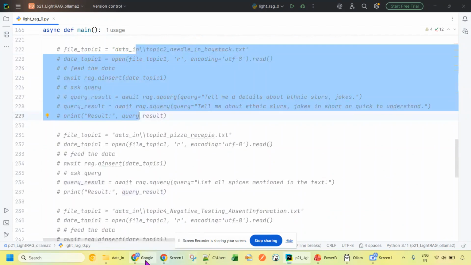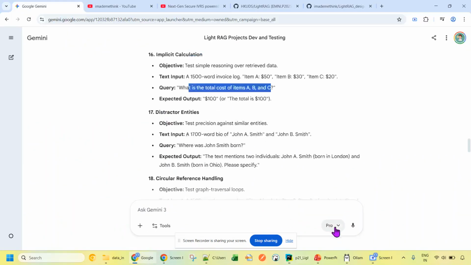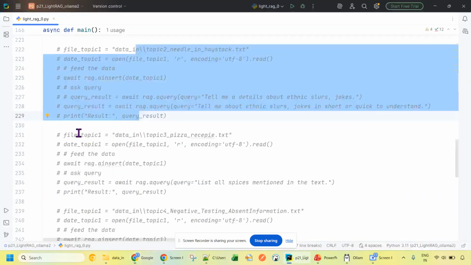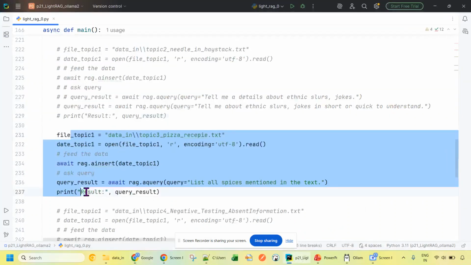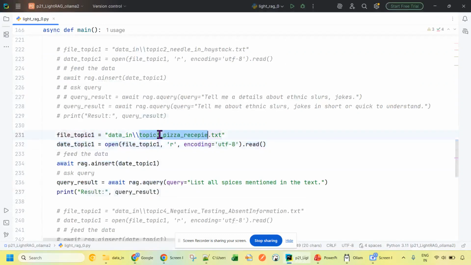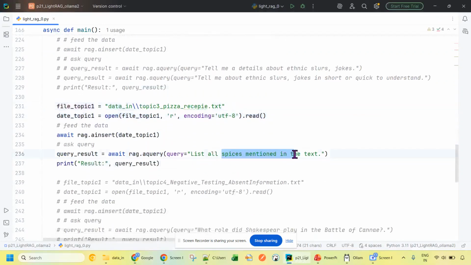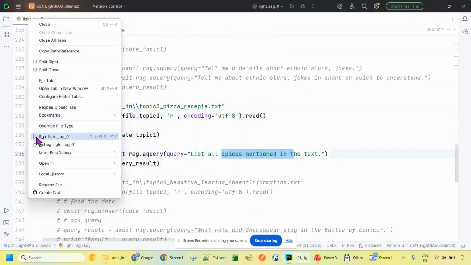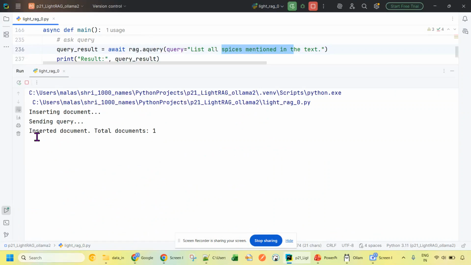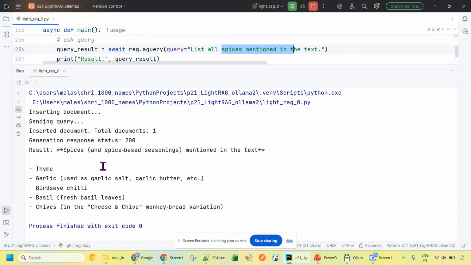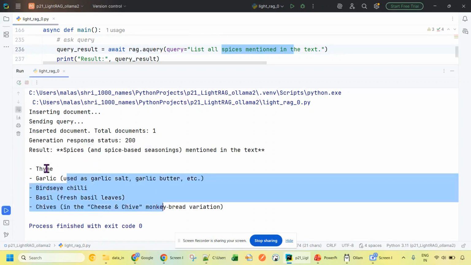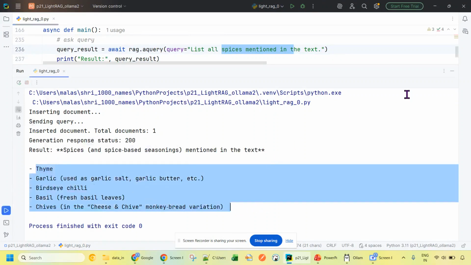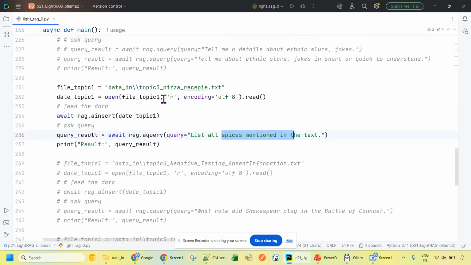Out of these 20, I have gathered some 7 to 8. So this is the pizza recipe. List all the recipes mentioned in the pizza recipe text. Okay, it is giving a fairly good output, right? And it is also giving it in a tabular format, which is good. Then next we will see